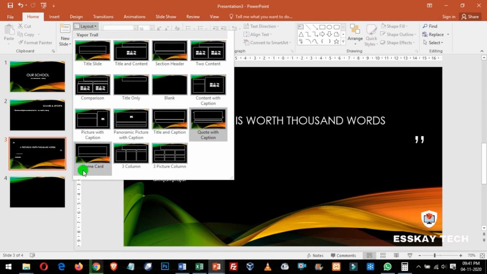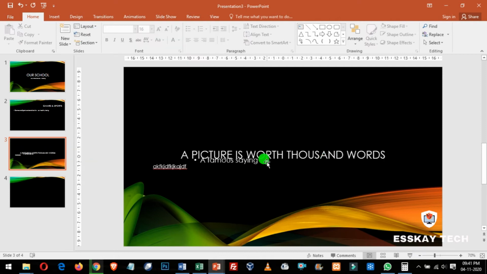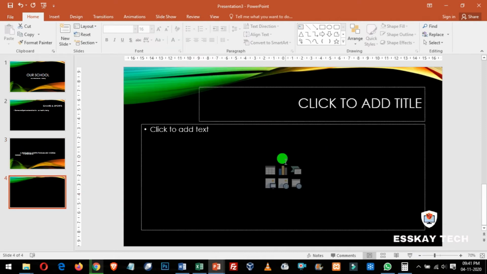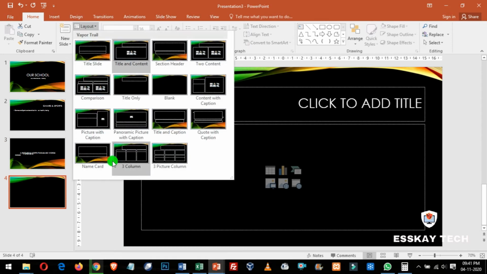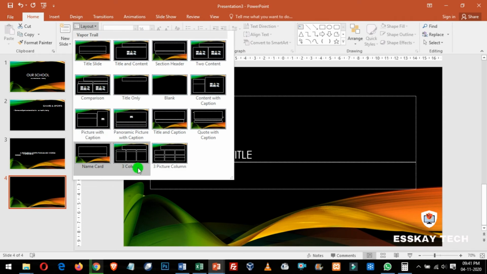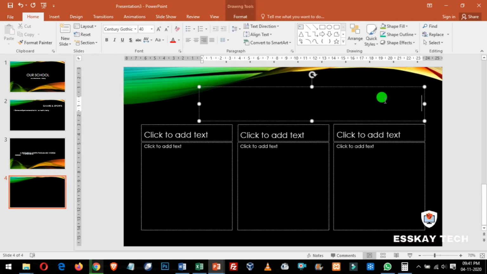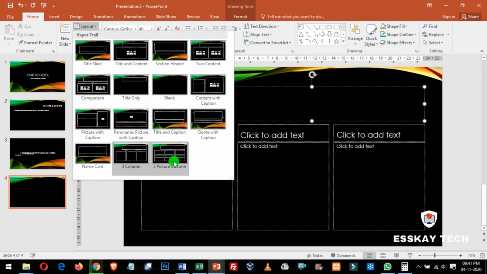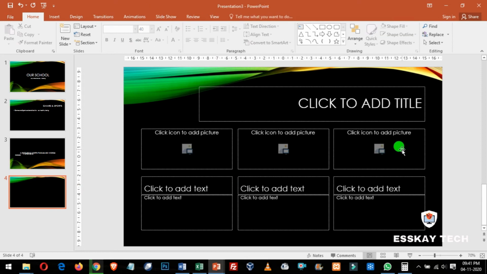Next one is a name card. This is a name card. Okay, this is the name card. Our name card will look like this. Next one is a 3-column title, the text heading and 3 columns, and lastly we have got the picture and the 3-column. So if you have got this kind of slides to be created,